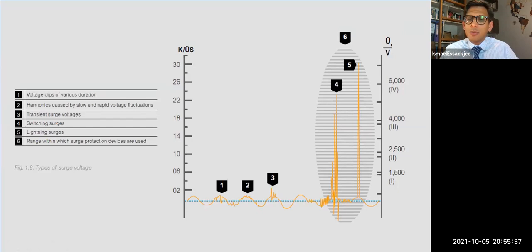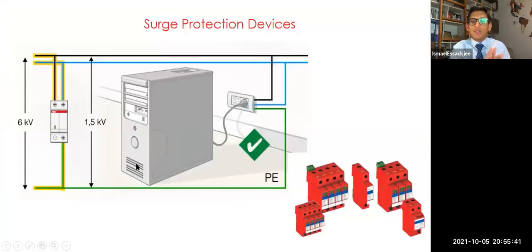So how do you cater for these things? You can install what you call a surge protection device. It is connected next to your breaker, where your main cable is coming from your meter. This is where you install it, and it is going to protect the whole installation. You have different brands; I won't be doing marketing here, but choose a good one because it's about protection of your equipment.